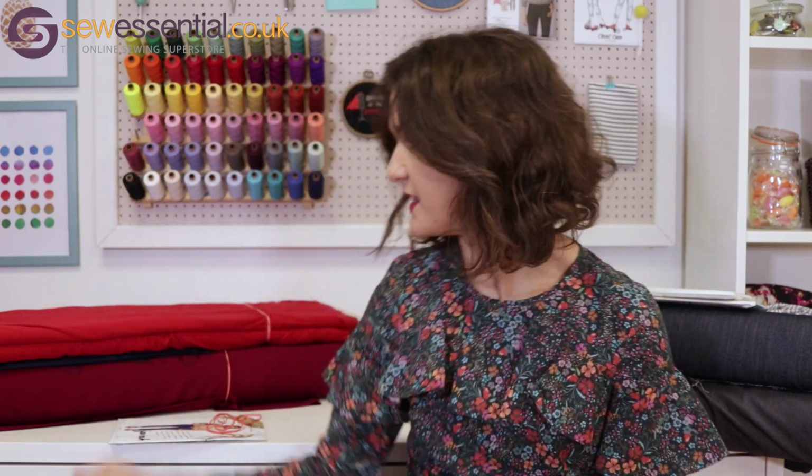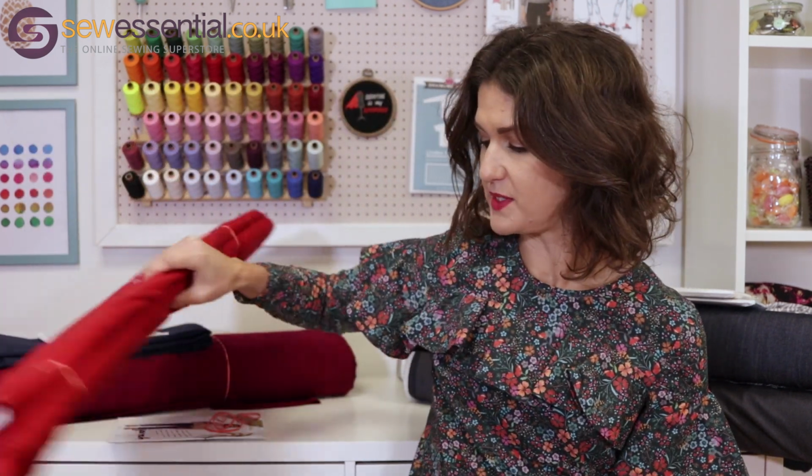People love having pockets in their garments, so that's always nice. There's optional waist ties as well, so you can really draw your waist in, and then there's different sleeve and hem lengths as well, so you can really play around with this and make it your own and go for different options. Now, the fabric I thought would be rather nice for that at this time of year was our